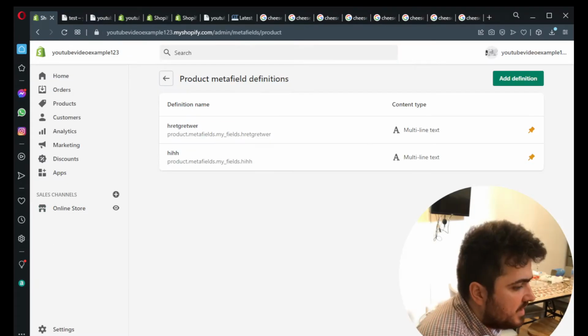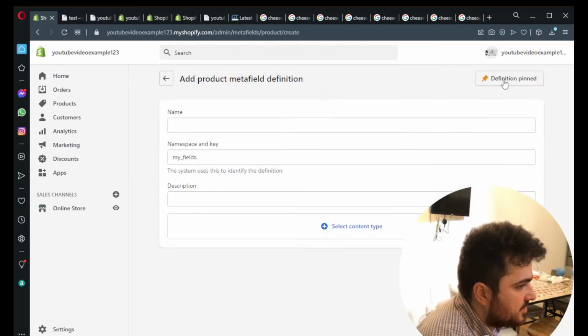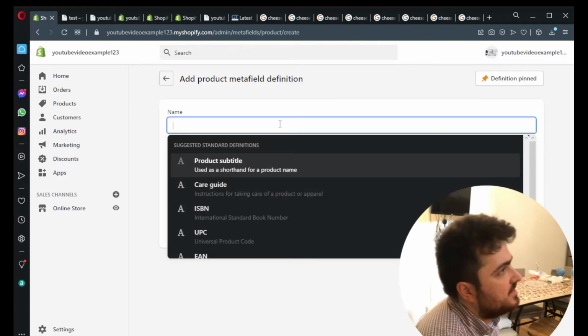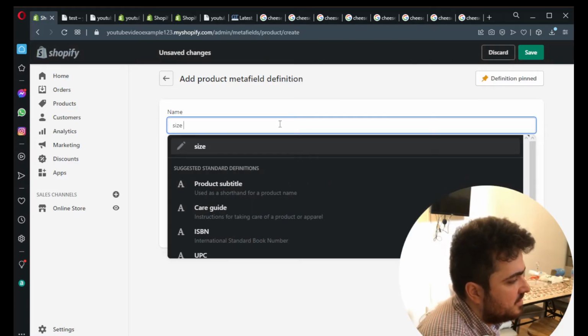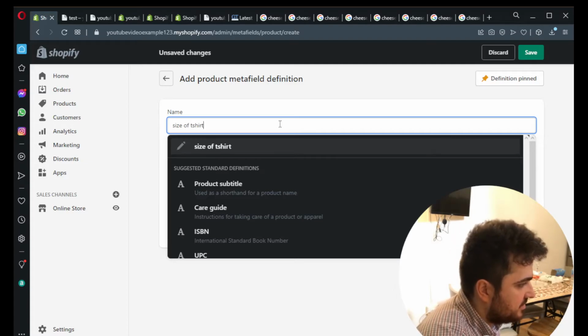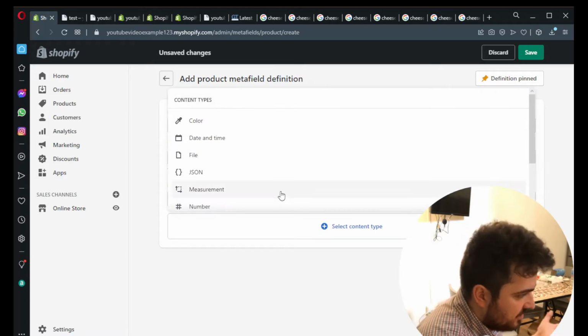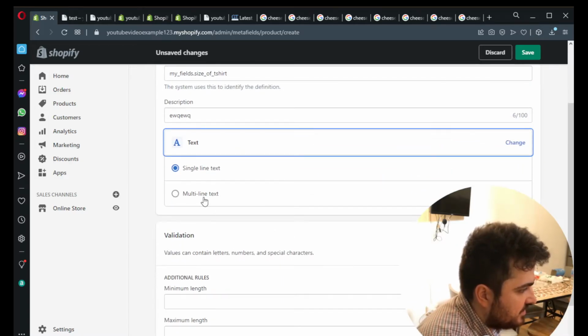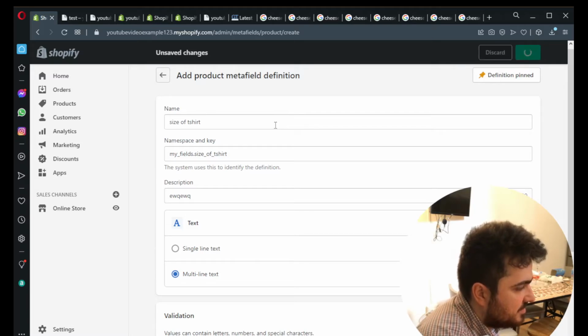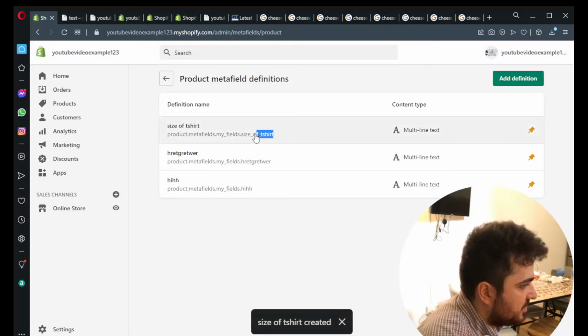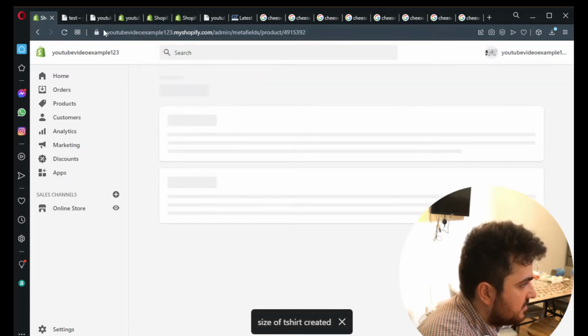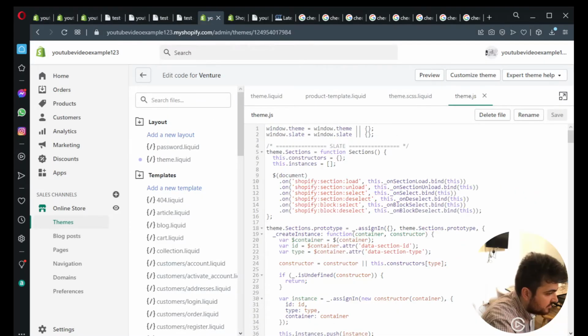Okay, so now let's add some meta fields. So Shopify has this already, so you just press add definition, and let's say this is size of t-shirt. I can't write apparently. Okay, so this will give you a field. I'm just going to put a random description. I can't be bothered to think of anything. Multi-line text, and then press save. Okay, now you want to copy this here, and you want to go back to the theme files,